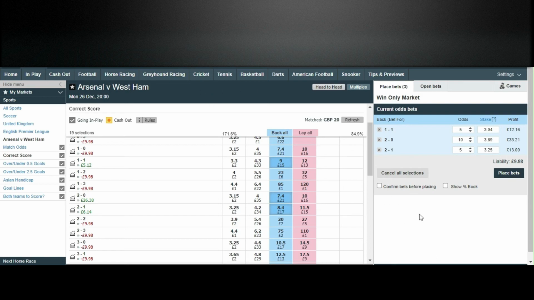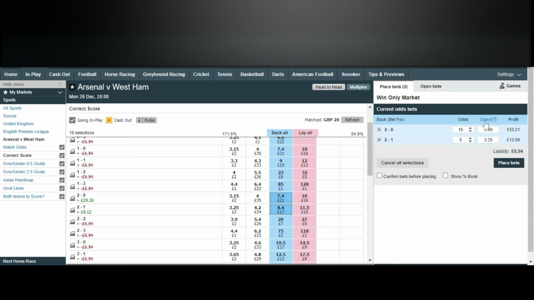Obviously, on your research, if West Ham have pulled a goal in before, you think they could possibly do that. It just covers you a little bit. Or if you're confident, you can just do these two. Because if you do these two, let's take that one out. We'll put the same in again. Let's do a 10, see what comes up at first.